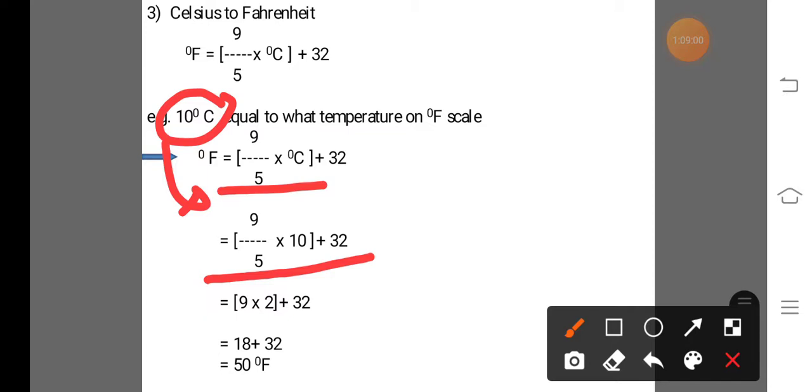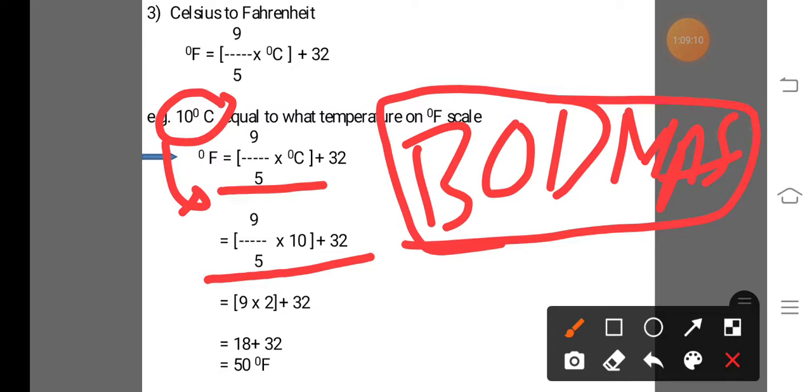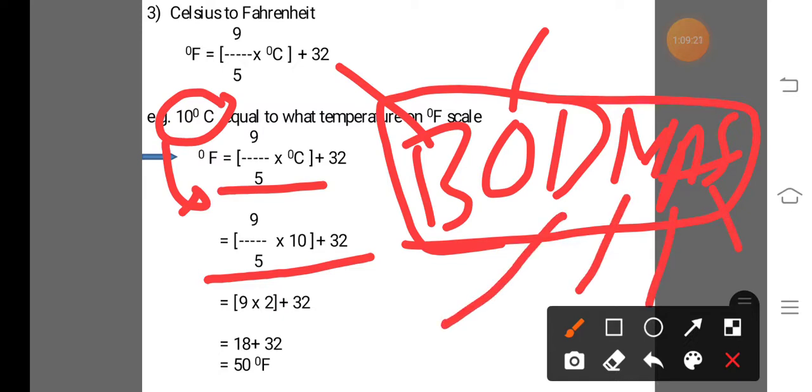Keep it always in mind during calculation, this BODMAS concept is most important. That means bracket, then D for division, M for multiplication, A for addition, and last S for subtraction. That means firstly solve the bracket,